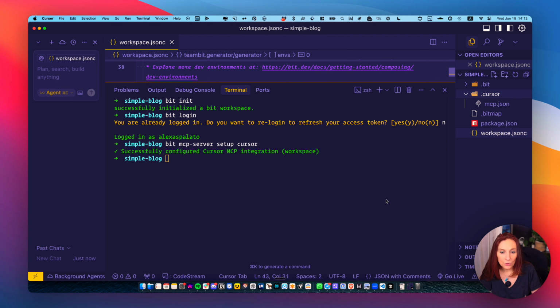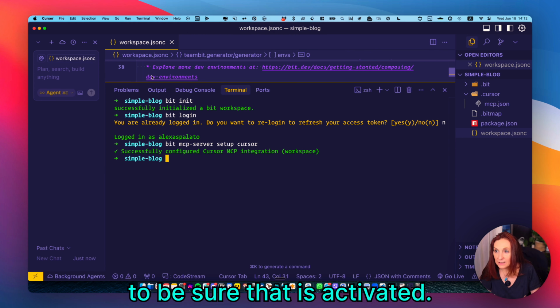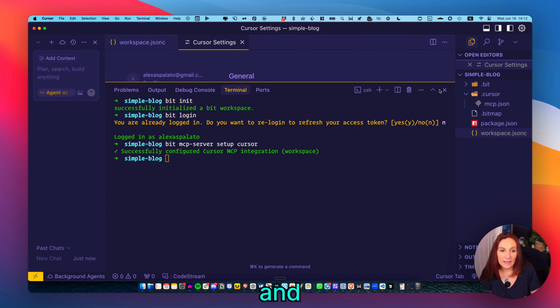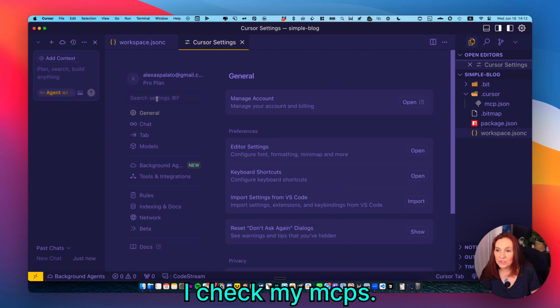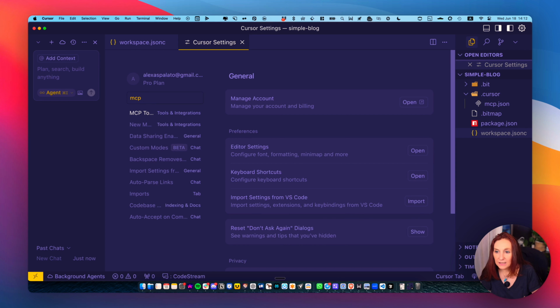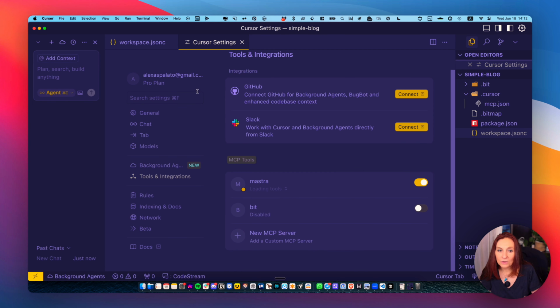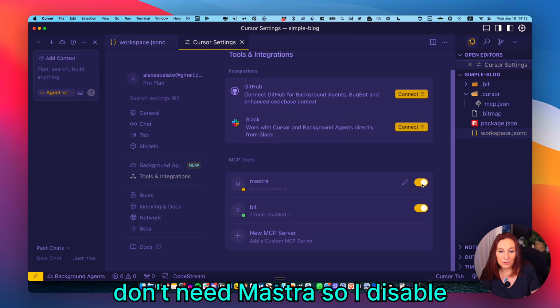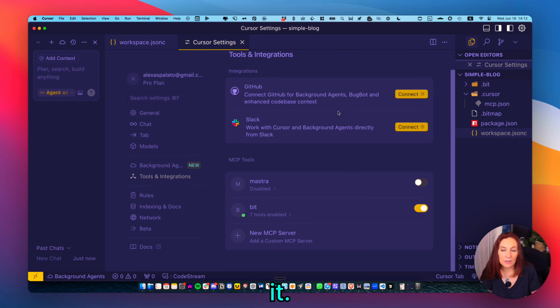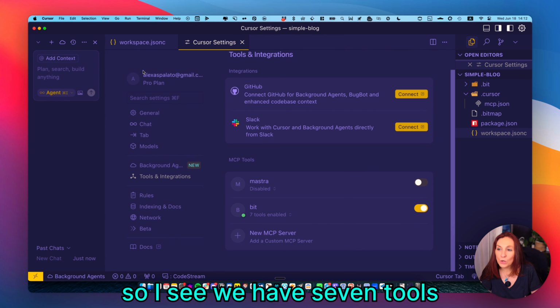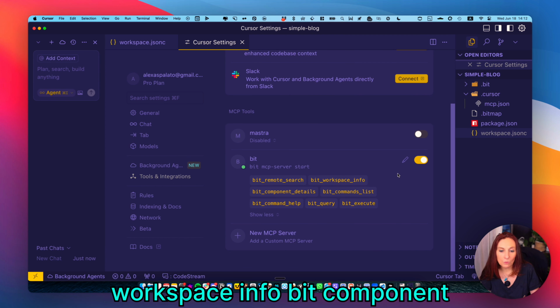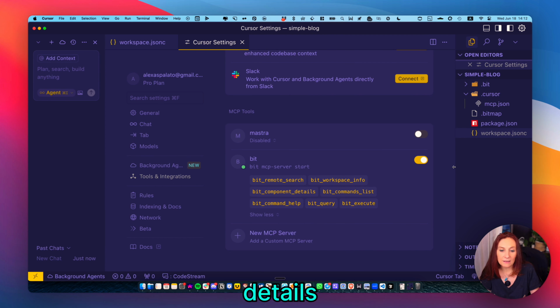I need to be sure that it's activated, so I go to Cursor settings here and I check my MCPs. Okay, so I have to enable it, and I don't need Mastra, so I disable it. So I see we have 7 tools here: bit remote search, bit workspace info, bit component details,